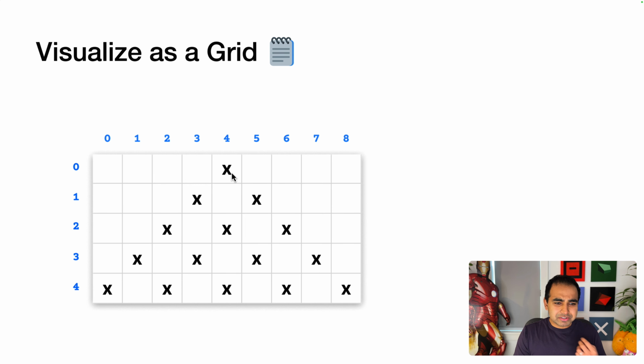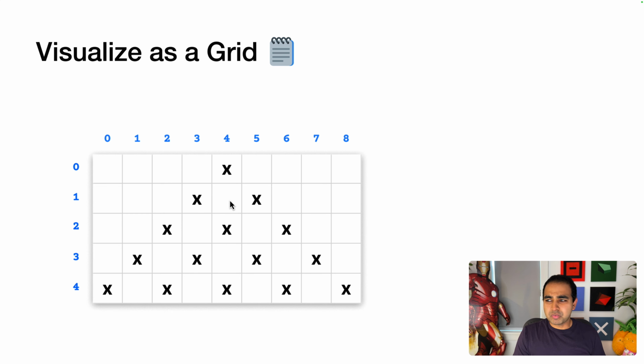And we can start to formulate some patterns, because that's the next step. At row 0, I see 1 X. At row 1, I see 2 X's. And at row 2, I see 3 X's, and so on. The other thing is the amount of space I give everything: our pyramid has a depth of 5, and for a pyramid of depth 5, we have 4 spaces before the X, which is on the 5th position, index position 4. And then similarly in row 1 we have 3 spaces, and then 2